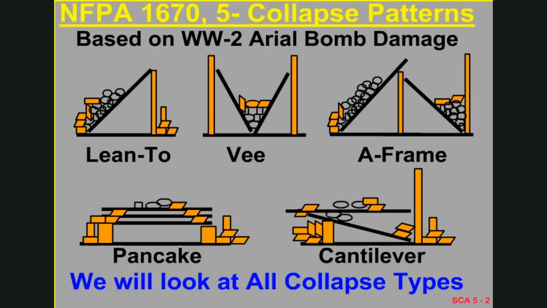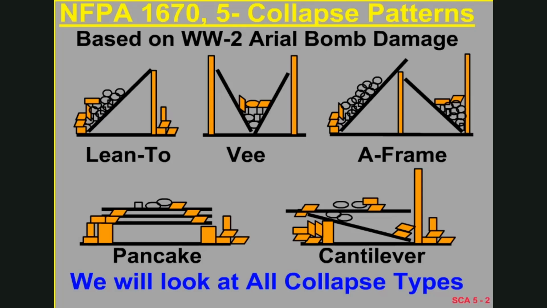In the upper 3, the lean-to, the V, and the A-frame collapse are all similar. With those, one would expect to find victims at the bottom of the slope of the floor because they started on the floor. They may be above the floor in the debris that's collected as they would be sliding towards the lower edge, or they could be below the floor where the space has been confined and could entrap them. These pictures show relatively regular planes, but there would be a lot more debris. Things that would make little voids for victims would be furniture; heavy furniture, especially with wood floors, could create little void